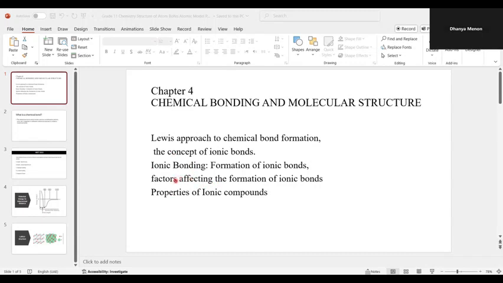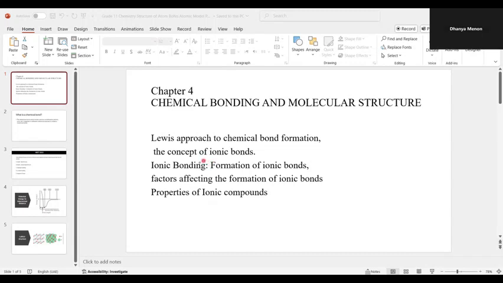Okay, now this is a very important lesson as far as the competitive exam is concerned. Every year questions are asked from this lesson. Now students, we all know that there are so many elements in the periodic table. All of them do not exist individually except for the noble gases, right? Because they have a stable octet, right? But in case of other elements, they tend to combine with other elements to form compounds, or they exist as